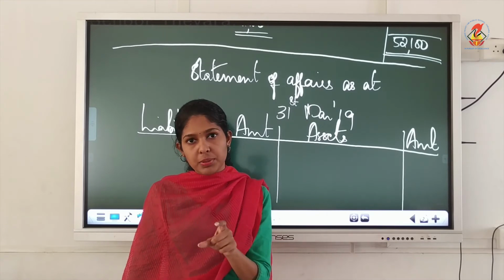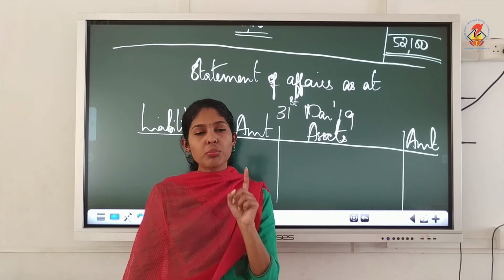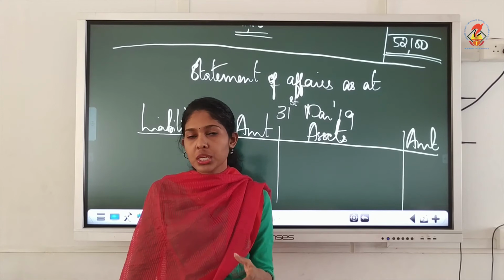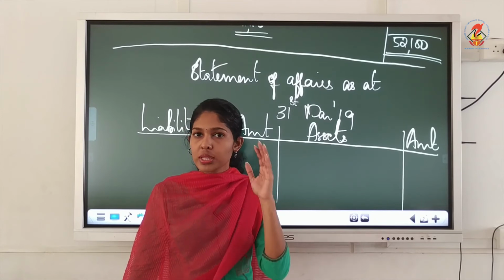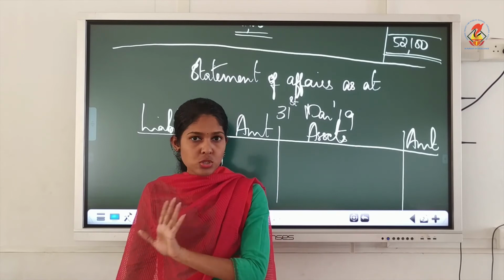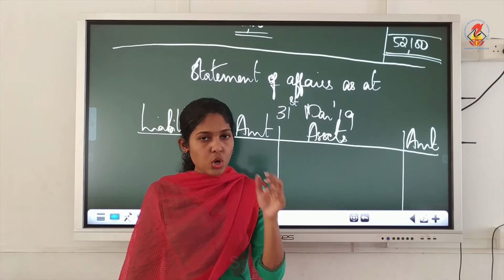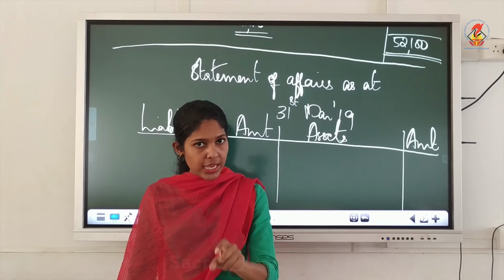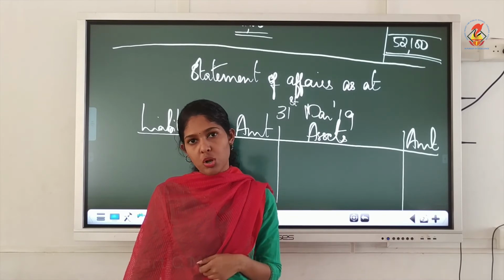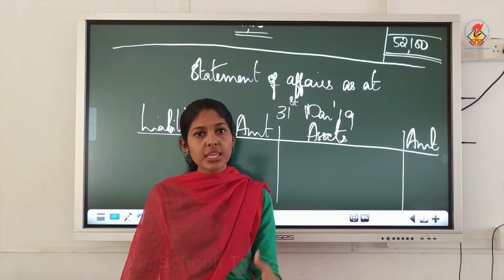Then consider the time period. Because we paid Anish on 1st October 2018, the year starts with which date? That you have to think always. The financial year starts with 1st April 2018 and ends on 31st March 2019. This is the ending date. And during this period, on 1st October 2018, we have repaid the amount of loan. So that period we have to consider very carefully while you compute the interest.